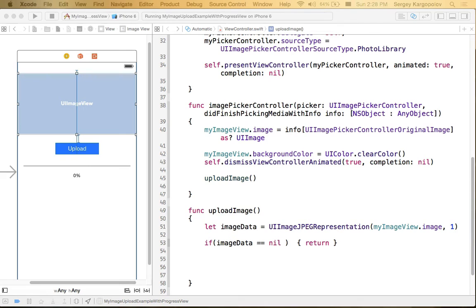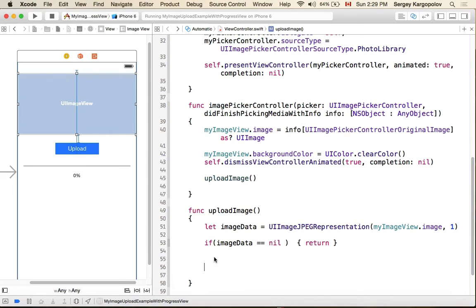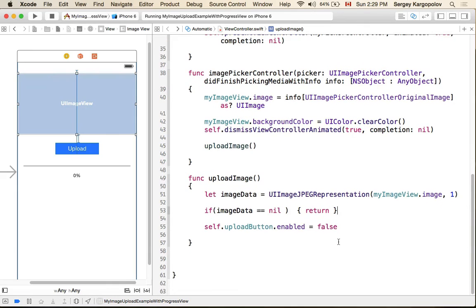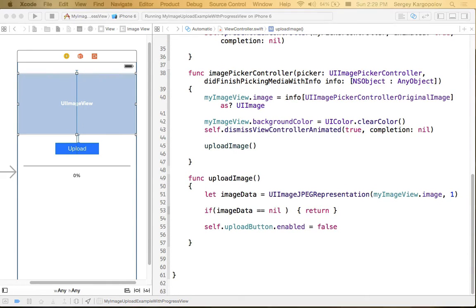And once it's done, we can disable the upload button so that the user doesn't tap on it twice, because the upload might take some time, and the user might tap on it again if the upload is taking a very long time, and then trigger the image picker controller and try to upload again. So we disable the button, and we actually start uploading our